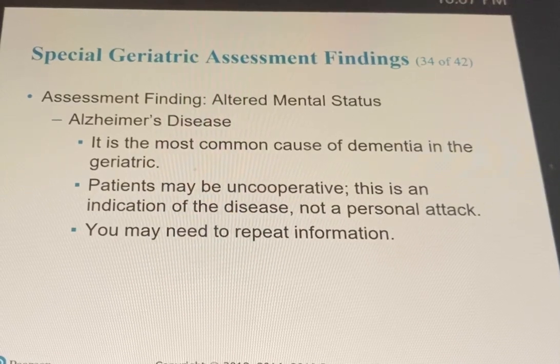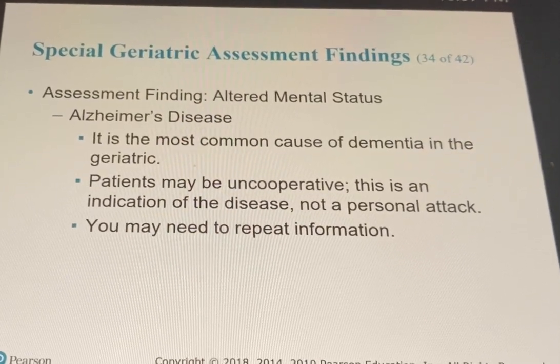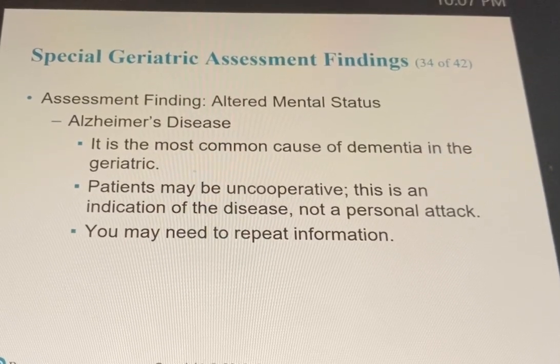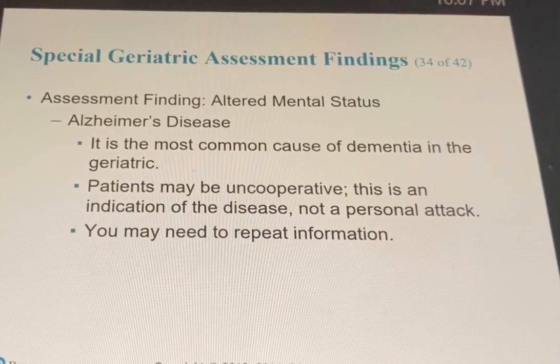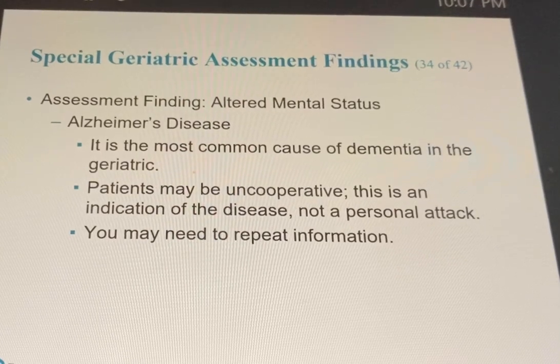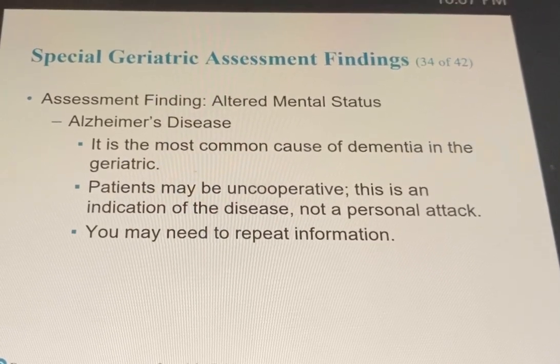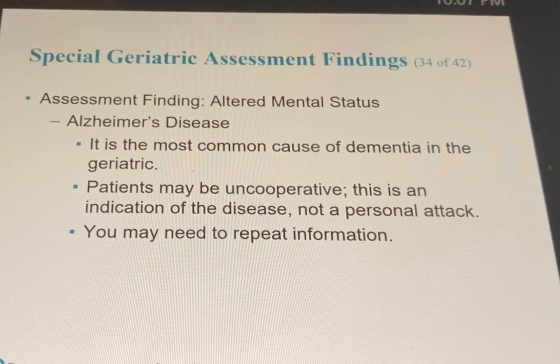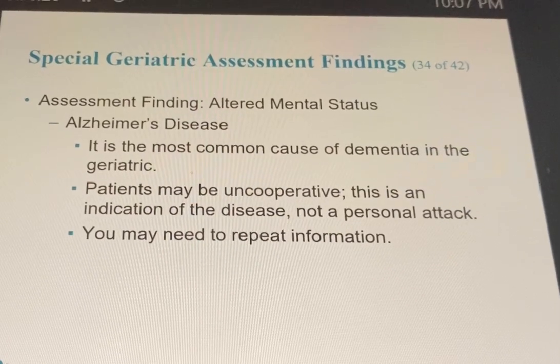At times, you might find the patient uncooperative, even combative, with biting, spitting, and punching. It may help to enlist the assistance of a caregiver or person that they trust. Remember that the uncooperativeness and aggression